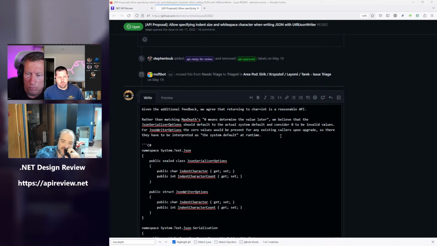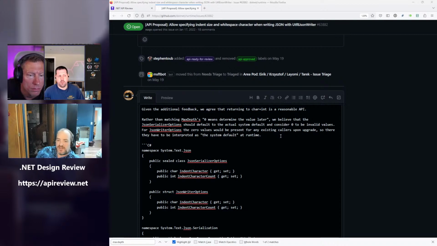I guess that's very true. The indent character, especially because they're not going to store it as a unique char, they're going to fold it into the bit mask they already have. They just need to interpret, or 0 just needs to come back as space from their storage. But that's an implementation detail, though.